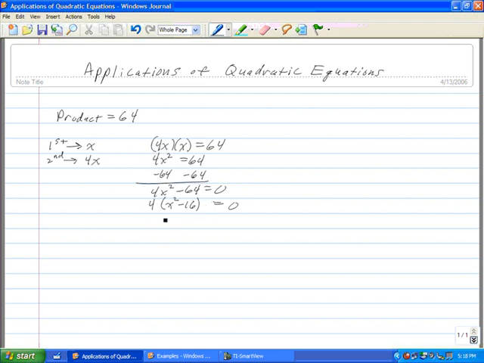And continuing the factoring, I have a difference of squares here, so I'll have a 4. Difference of squares breaks down into two binomials with an x and an x, a plus and a minus, and we'll factor the 16 as a 4 times 4. Now we will set each factor equal to 0, solve,